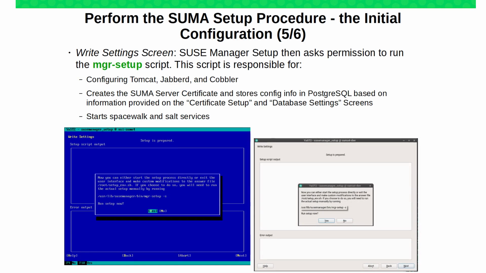Next, the initial configuration process will ask your permission to run a setup script named MGR setup. This script does much of the work by creating SUMA-related objects whose configuration information you specified on previous screens. The MGR setup script will create and then store the SUMA server certificate. It will store information into the PostgreSQL database. It configures multiple under-the-covers services such as Tomcat, Jabber, and Cobbler, and then at last it will start Spacewalk and